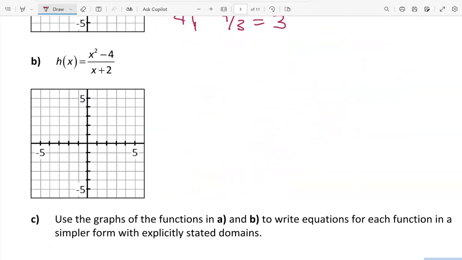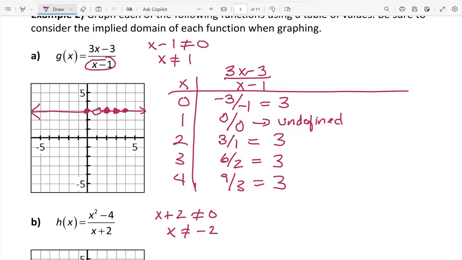Let's examine another function, h of x equals (x squared minus 4) divided by (x plus 2). The implied domain here is that x plus 2 may not equal 0, so x may not equal negative 2. Given an interval notation, which we forgot to do on the last question, in interval notation this is the interval from negative infinity